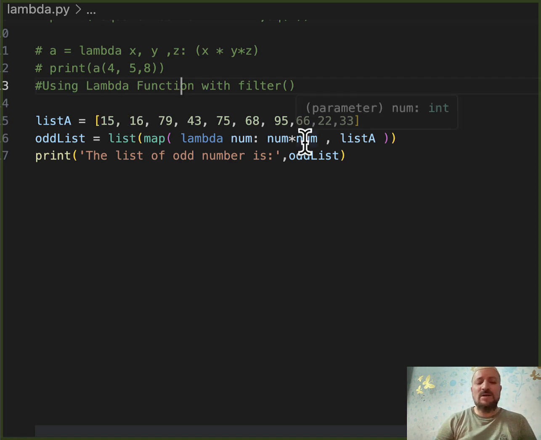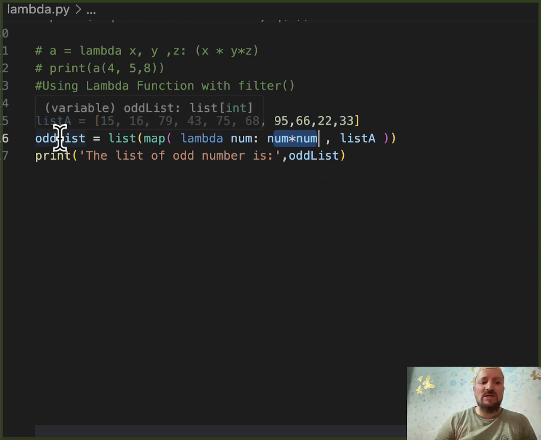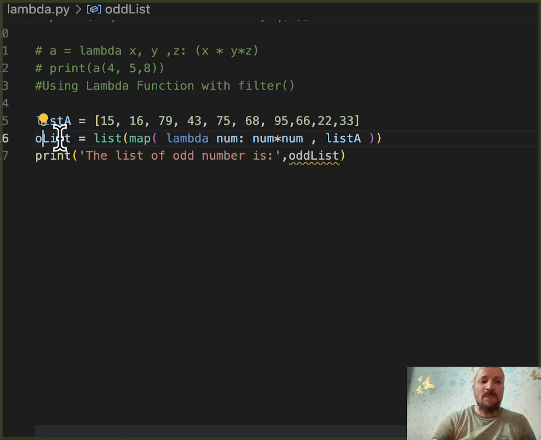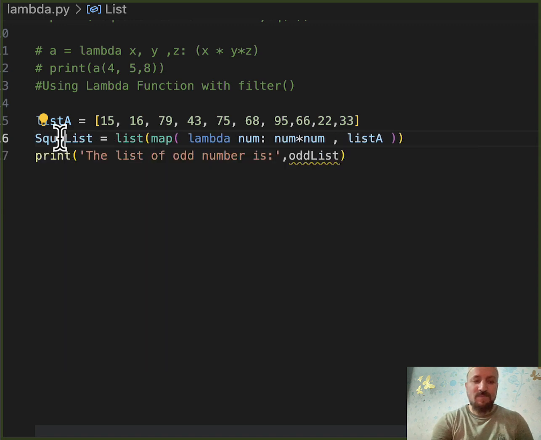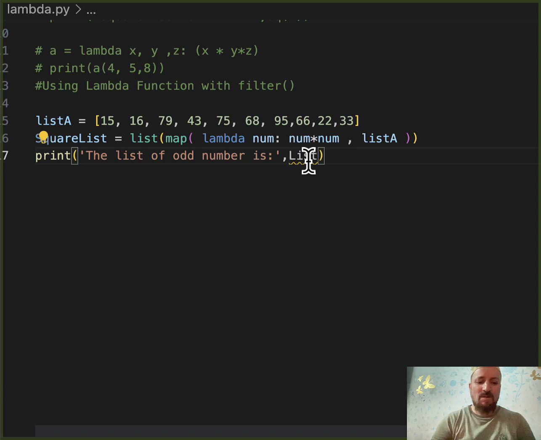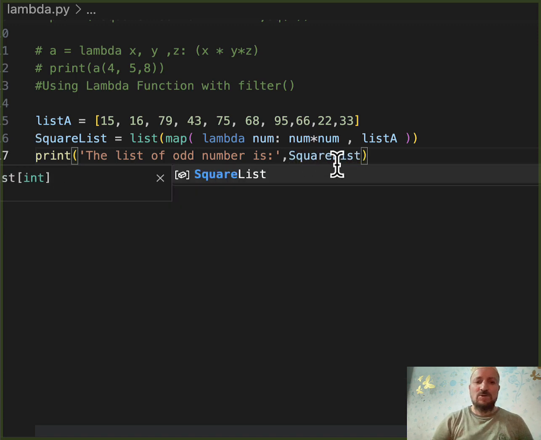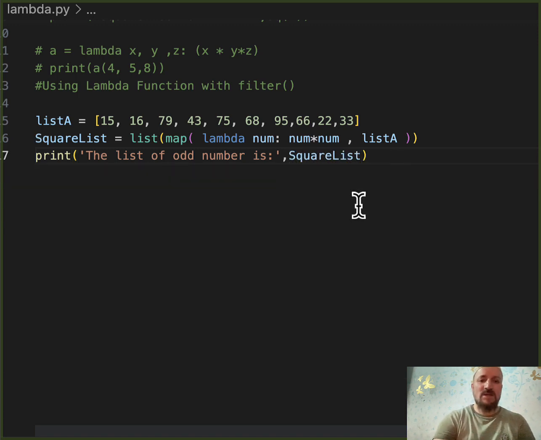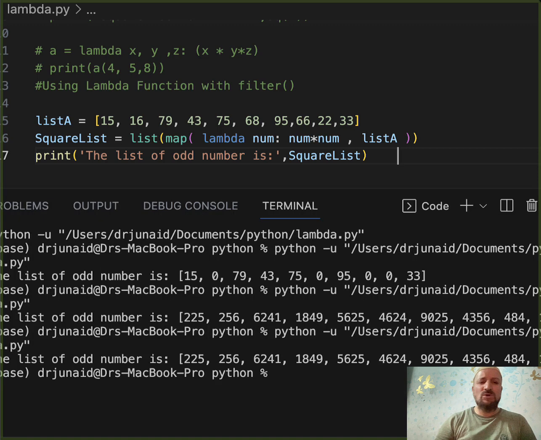जैसे 15 आ गया पहली बार, तो उसका स्क्वायर होके वो रिटर्न होगा। तो मैप तो उसको रिटर्न करेगा जो यहाँ पे एक्सप्रेशन आया उसी को, जैसे इसने ट्रू फॉल्स रिटर्न किया था। अब नम इंटू नम जो 15 है, 15 इंटू 15 जो है वो रिटर्न होगा, और लिस्ट उसको बनाता जाएगा। और अब मैं ऑड लिस्ट को नहीं कहूँगा, बल्कि मैं क्या कहूँगा, स्क्वायर लिस्ट, ओके। और वही हम यहाँ पर भी लिखेंगे स्क्वायर लिस्ट, ठीक है ना। Command S, save it. Now if you give it a go you will see the